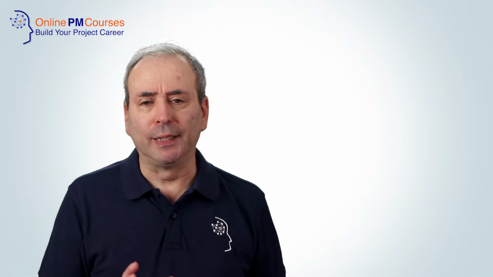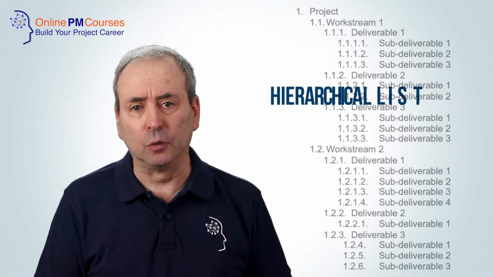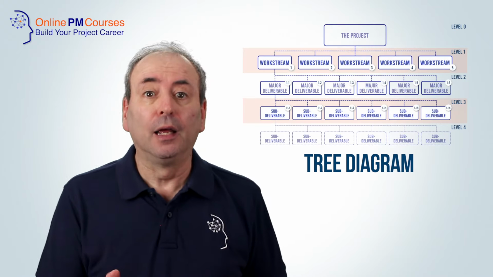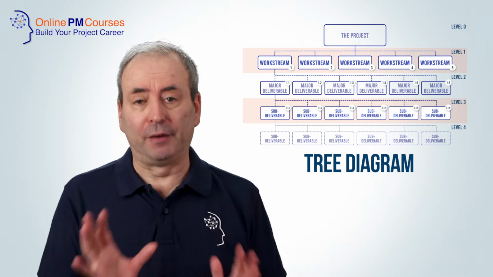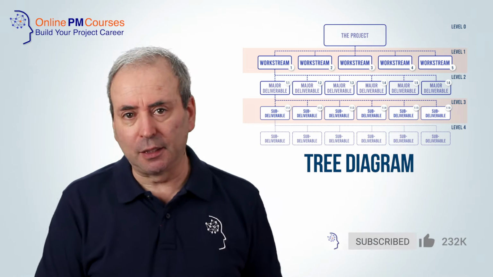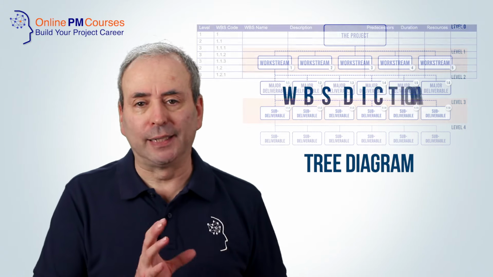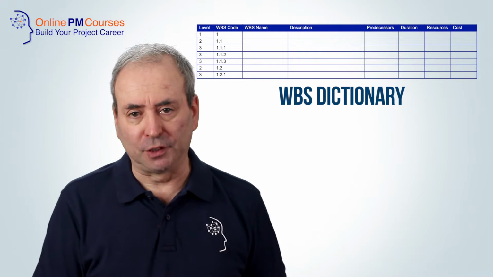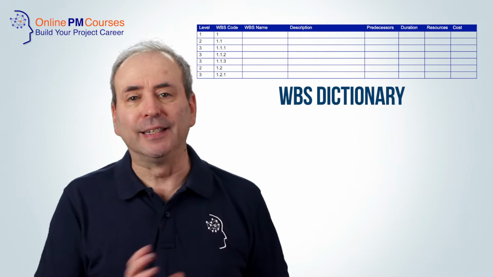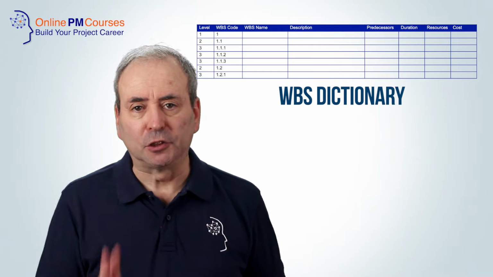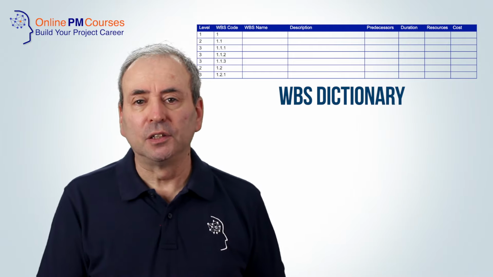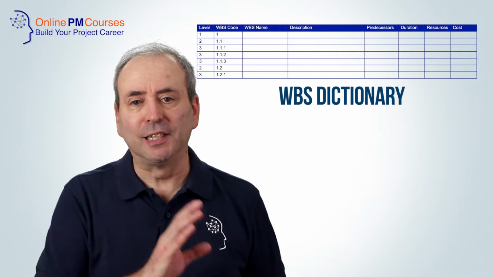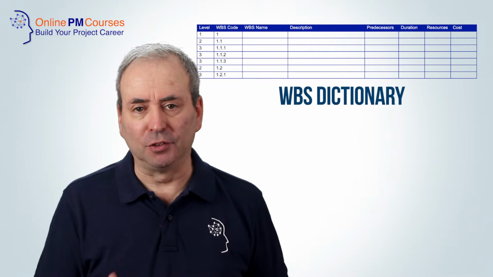You have a number of ways that you can present this. You can present it as a hierarchical list, or as a tree diagram, which is commonly presented, particularly in a training context, but for a large project is rarely practical. Or you can create a work breakdown structure dictionary, a WBS dictionary, which lists every product with its reference number, but now you can add additional information. You can add descriptions, standards, specifications, resources, costs, durations, and anything else that is relevant to you to create your